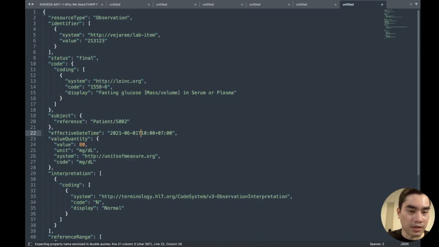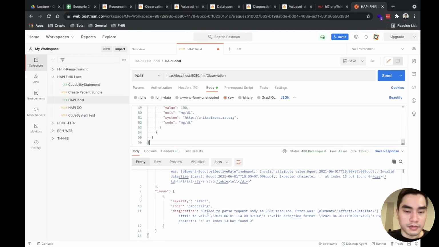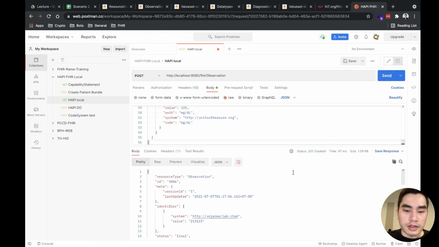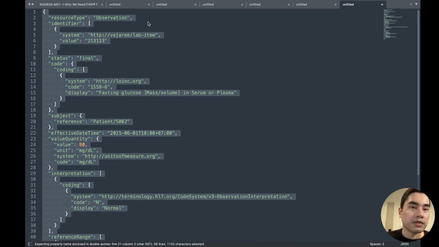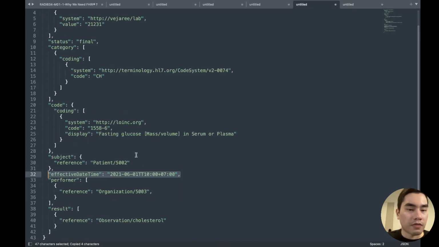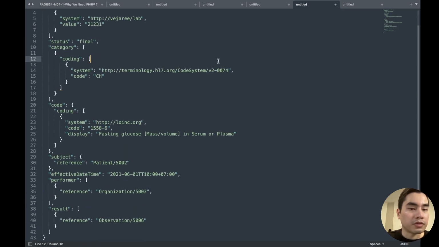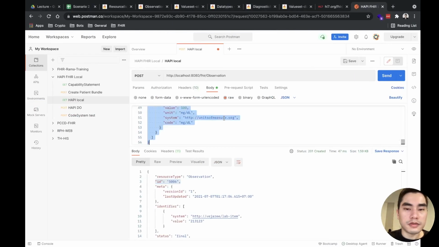Oh, the T is more than one character. Send. Okay, finished. ID, this one. So we got the ID and we can put it here, the observation, in the diagnostic report. So it's done.